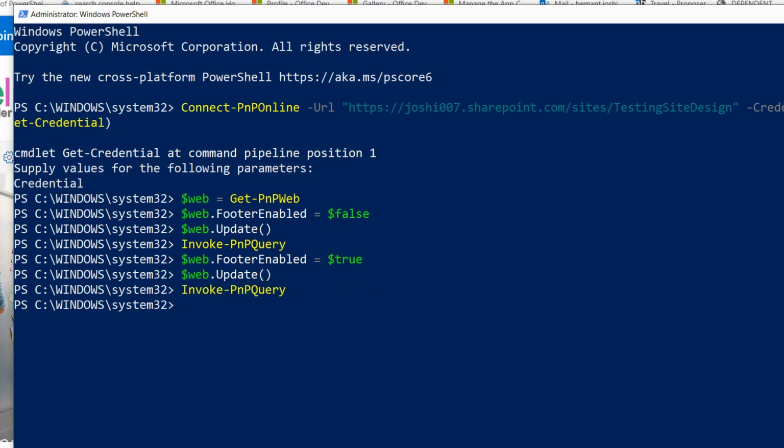query. I will be using a PnP provisioning template to create the links and add the footer name or labels. After I create that template, I will be applying that template to this particular site over here. To let you know how we create these templates, there is a PnP provisioning schema